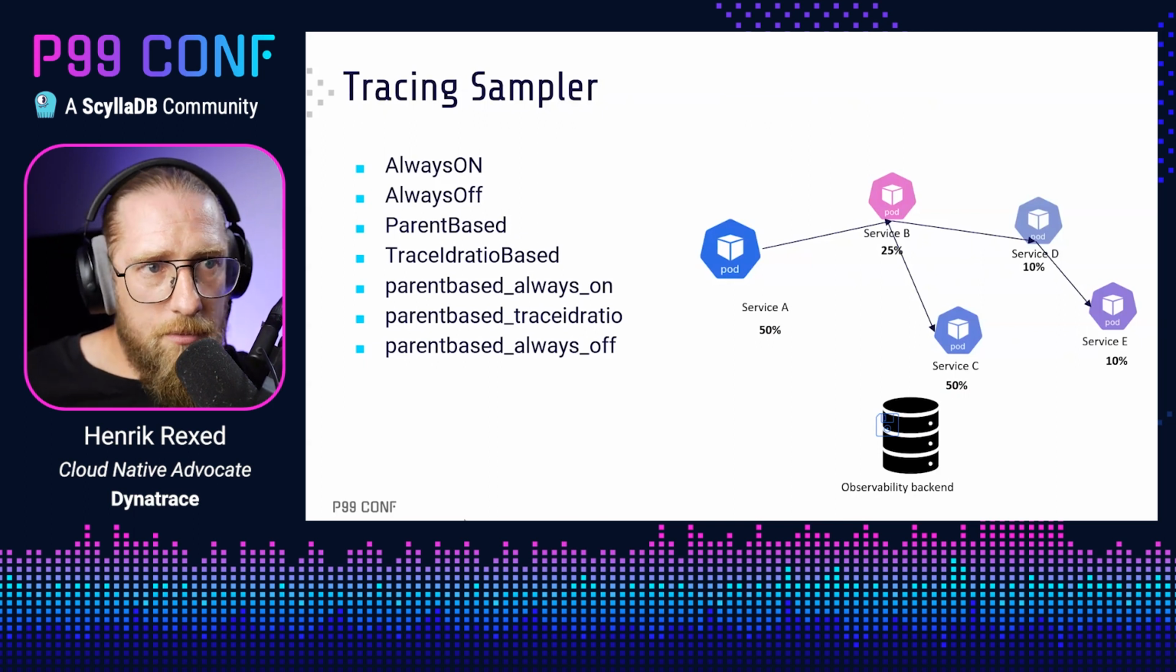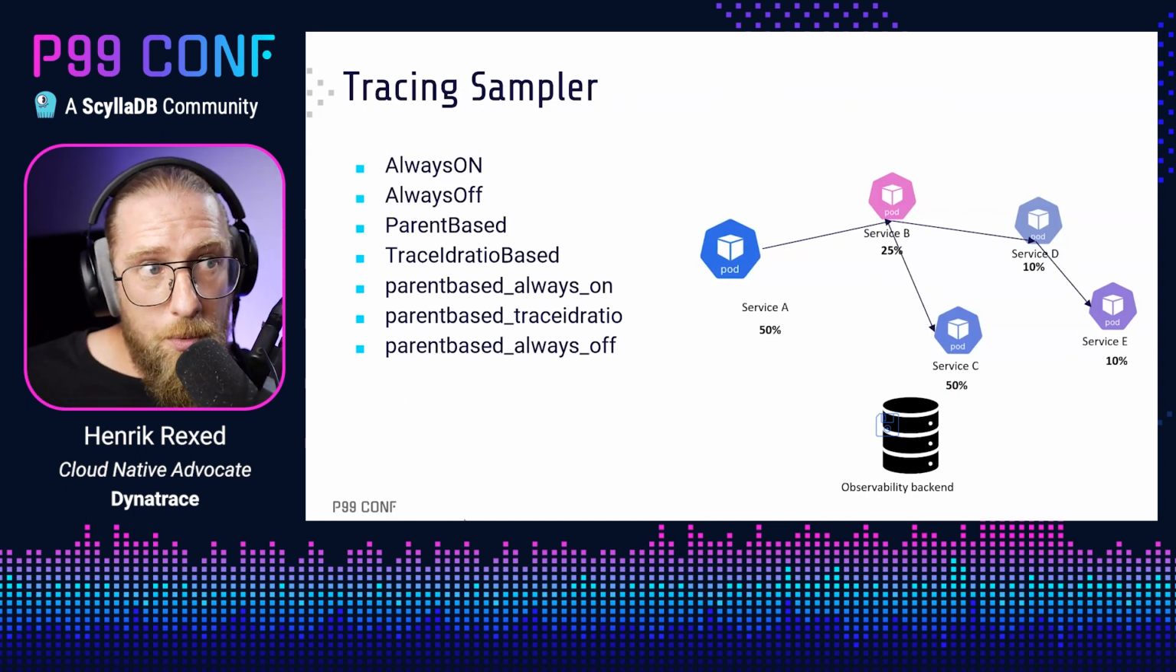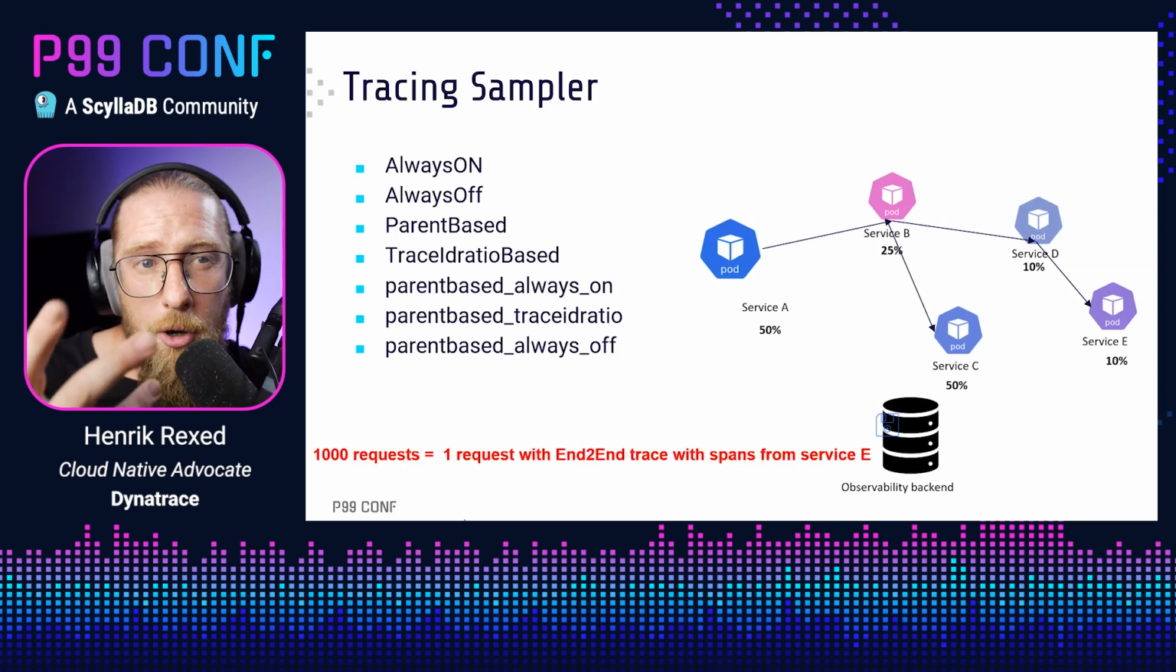So let's take an example. Service A will be trace ID ratio with 50%. Service B will be parent-based trace ID ratio with 25%, and the other dependency will also be configured as parent-based trace ID ratio. And if we take that example, 50%, 25%, and so on, then it's really important how you configure it, because